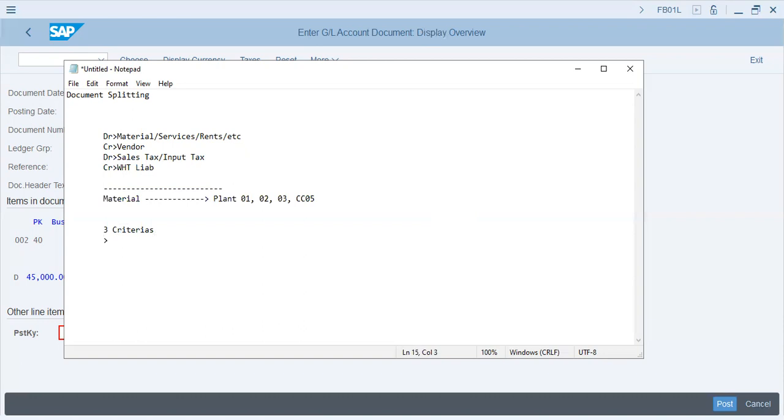Criteria number one is profit center. Two is business areas, which are configured in SAP, and three is segment. Under segment comes in profit centers. So what are profit centers? Profit centers are, it can be